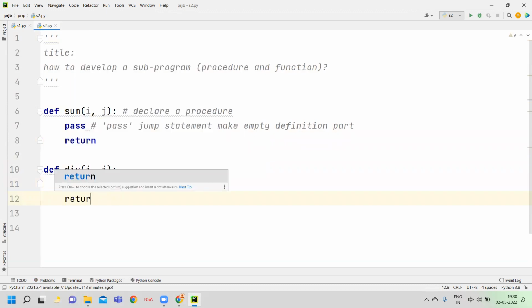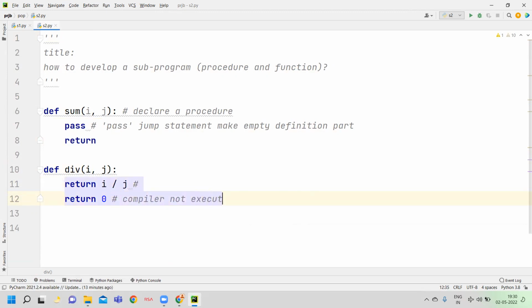Next here we put I, 0. Now the compiler does not execute this statement. Note it down: the compiler does not execute this statement, since the above return jump statement